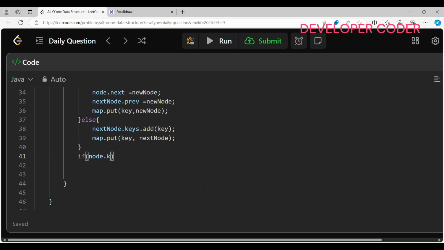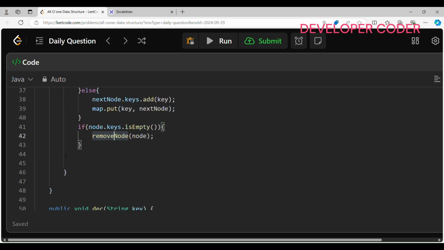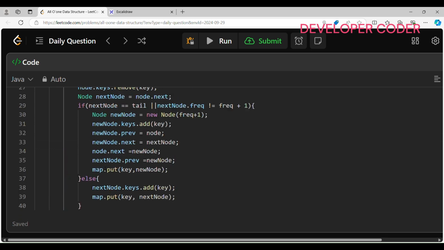node.keys.isEmpty, then in that case remove node, and here just pass that particular node. Okay, this is done. I will write the code for this removeNode later on. But just understand what I'm doing here, right? This is done. Okay, now after this,